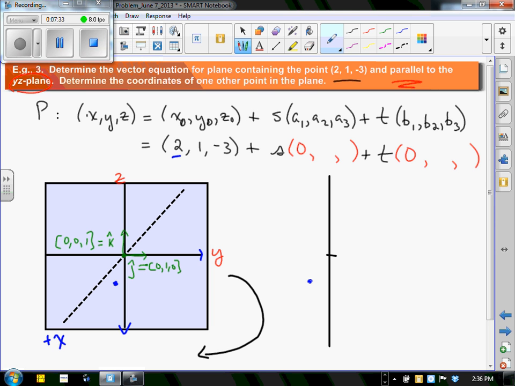So what that means is that as we spin, as we take this directionality here, as we turn the y-axis out, what you'll notice is that we have basis vector k going this way, or k hat,